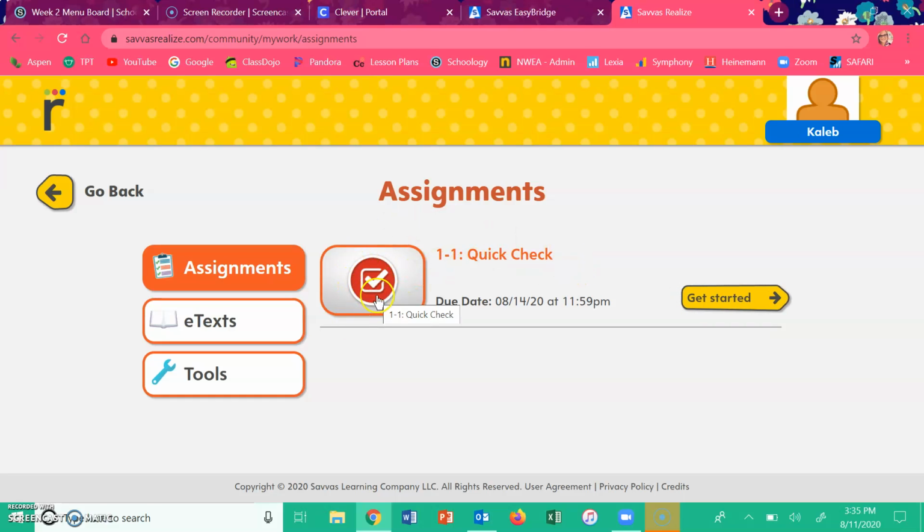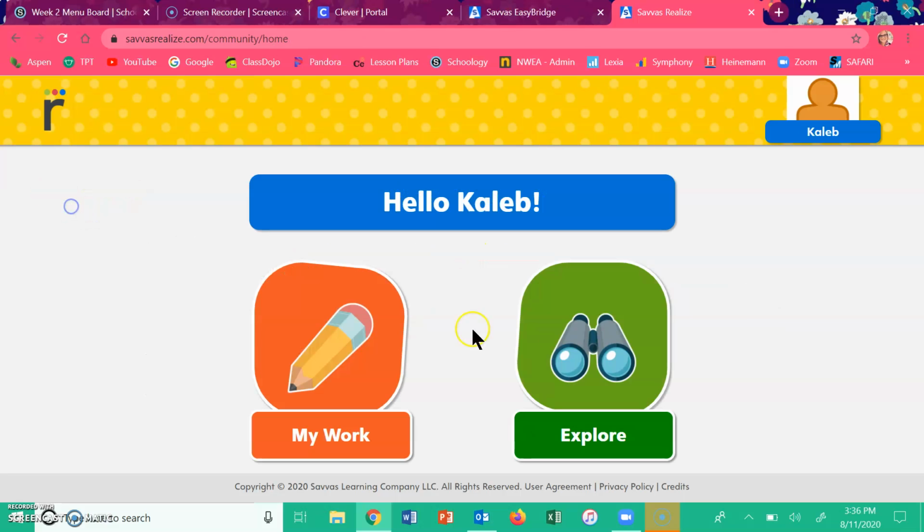assignments in here. So it has 1.1 in here because that's what we did Monday. Today, Wednesday, you're going to see 1.2 in here. So you're going to finish everything in your assignment folder. If it's there, you need to finish it. So you can do that instead of the worksheet. You'll get on the computer instead. Another thing you can do